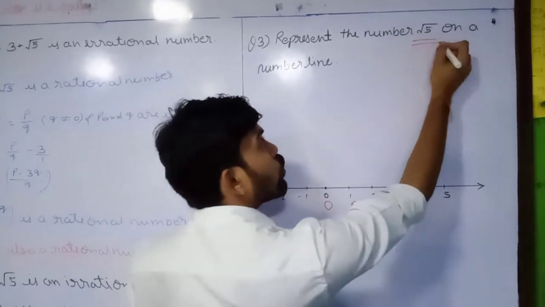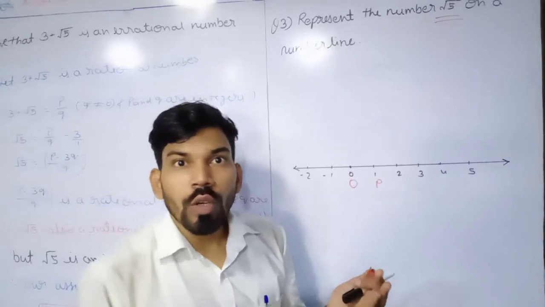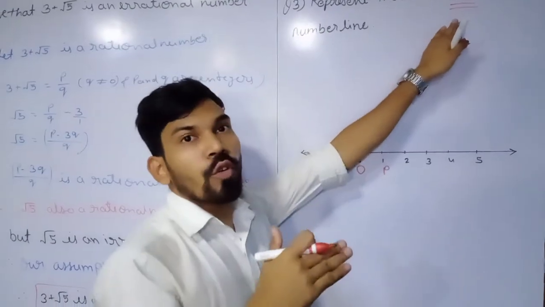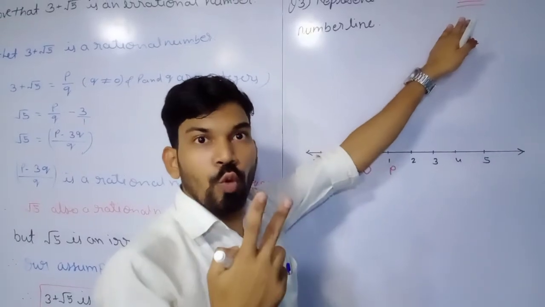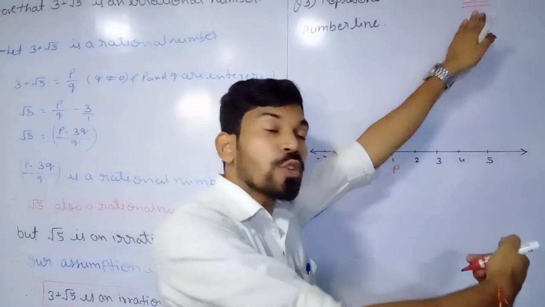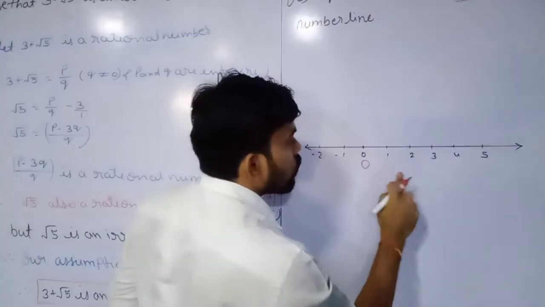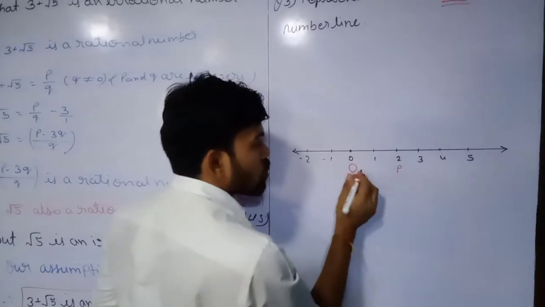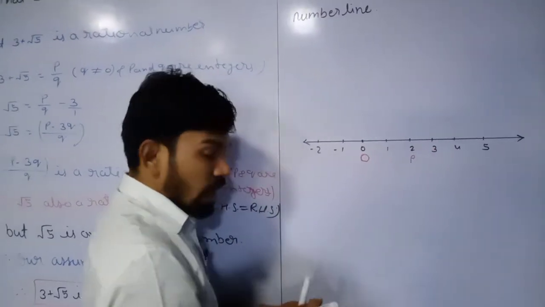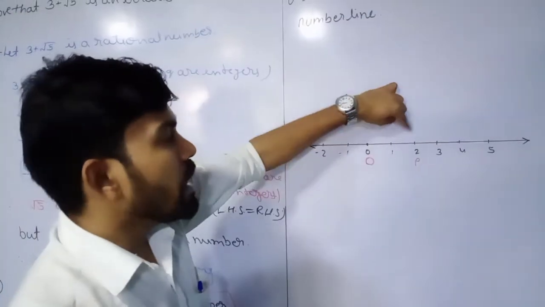That is root 5. What is the square root of 5? We don't know. Is there any number nearer to 5? Let's take 4. What is the square root of 4? 2. That means the point root 5 will come after 2. So is it okay to take P over here? No. We have to take P over here. So we got OP, the distance of this OP, and now we have to draw a perpendicular on P.